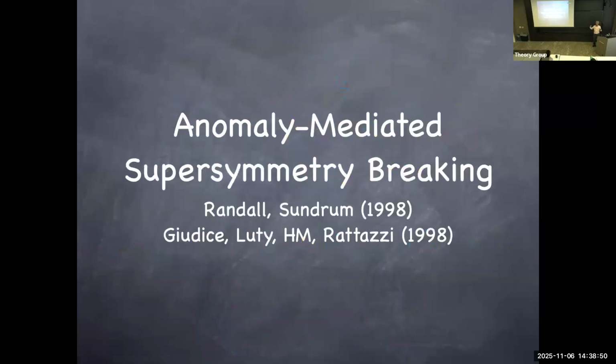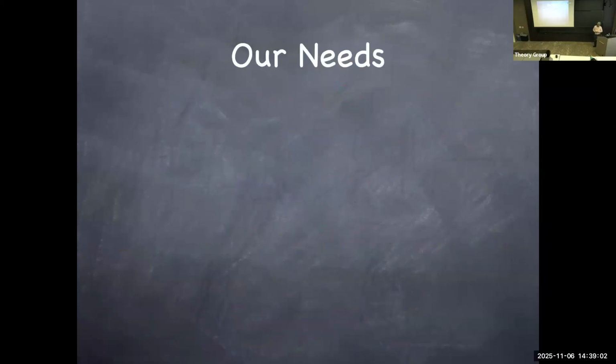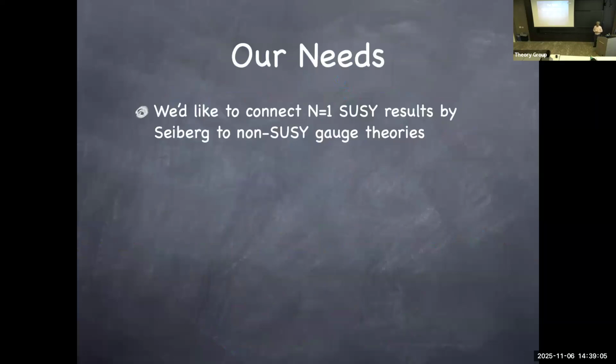Now that you have seen how to write a supersymmetric theory, I need to tell you how we are breaking supersymmetry based on this scheme called anomaly-mediated supersymmetry breaking. Our need is that we want to connect these supersymmetric theories, the spherical cow, to a real cow by breaking supersymmetry. But you have to make sure that at least we're moving in the right direction. And in order to do so, we have these gauginos that are part of the gauge bosons, and we don't need them.